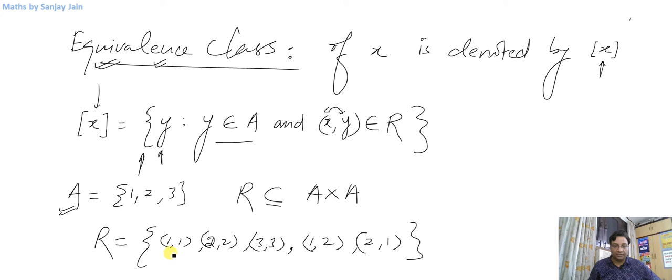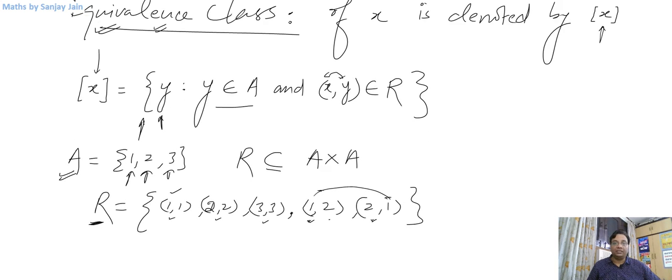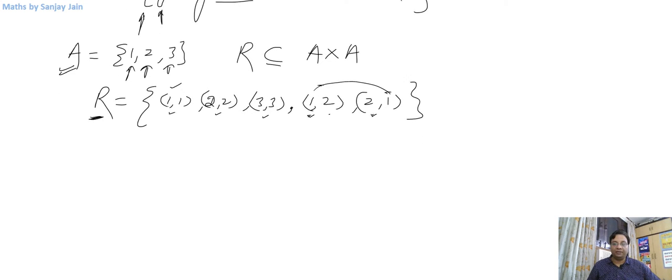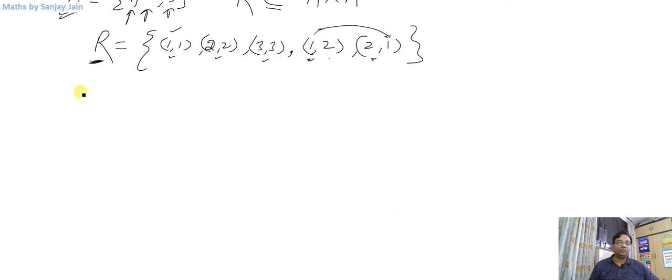Now this relation is reflexive because I have got all the doublets of elements that are present in A. It is symmetric because I have got 1 2 as well as 2 1. Okay, the presence of 1 2 ensures the presence of 2 1. Now what about it being transitive? So 1 2 is there, 2 1 is there, that means 1 1 should be also there, so it is there. Yes, so it is transitive also. So yes, I can say that this relation that I have chosen is an equivalence relation. Now I'll be able to talk about equivalence class.